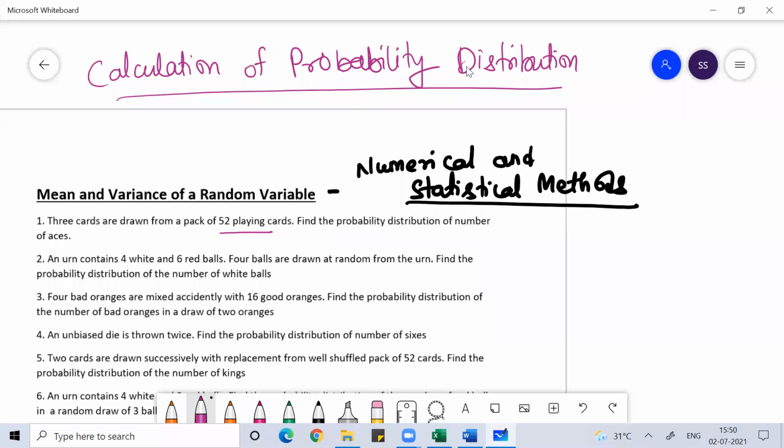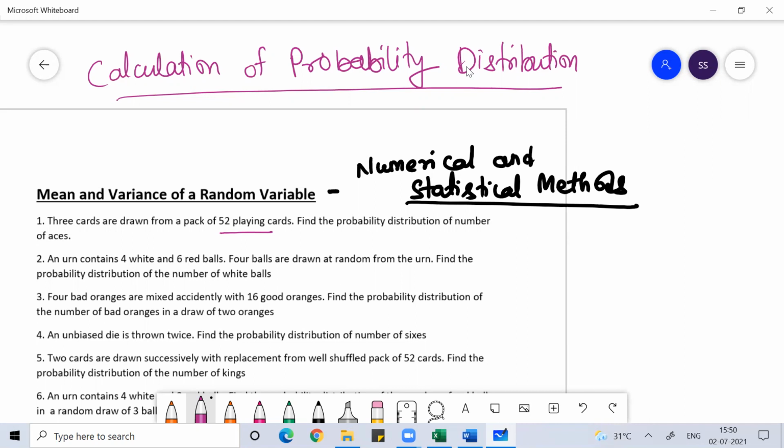When we talk about these 13 cards, in those 13 cards, we have nine numbered cards and we have four honor cards. Those honor cards are either king, queen, jack, or ace. Okay, so altogether, how many aces are there? There are a total of four aces. One ace is of diamond, one ace is of heart, one ace is of spade, one ace is of club, like that.